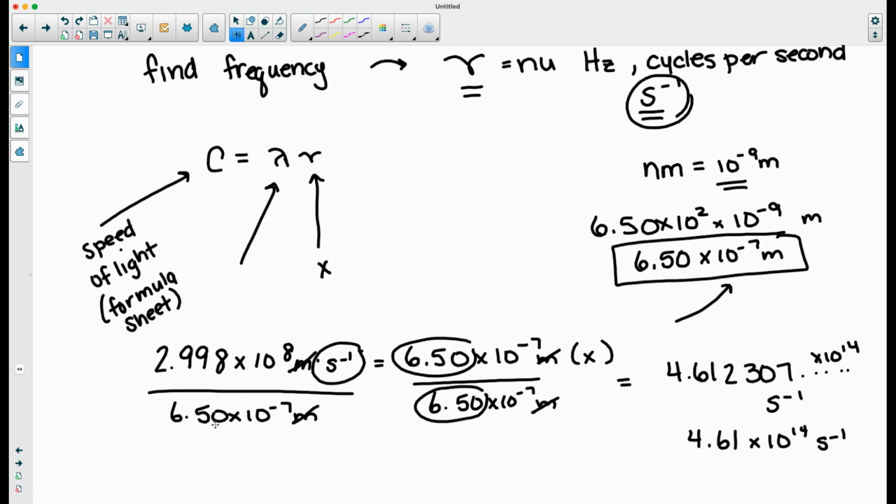3 divided by 7 gives us that number. 8 minus a -7 would be 15, but this number when we divide is less than 1, which is why we get 10 to the 14. So it looks like a scary, strange number, but it's because of the very, very small number that we were dividing by. So this right here would be our frequency